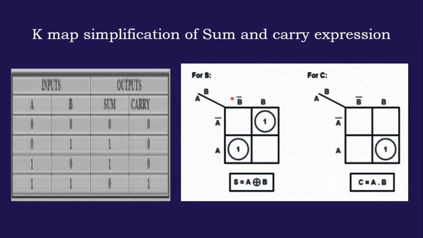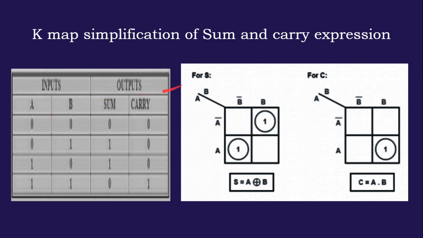First we have to draw the two variable Karnaugh map, one for sum and another for carry. So this is the map with A bar, A, B bar, B. This is a two variable Karnaugh map because we have two variables A and B. In the same way, for the carry also we have to draw one more Karnaugh map with the two input variables A and B. So this is the diagram, A bar, A, B bar, B.